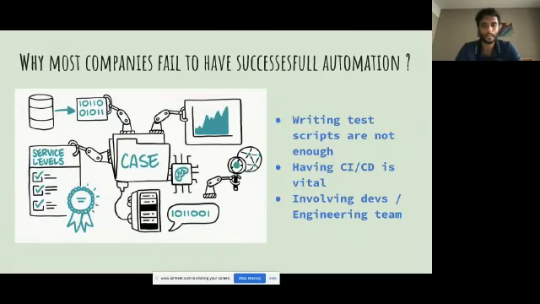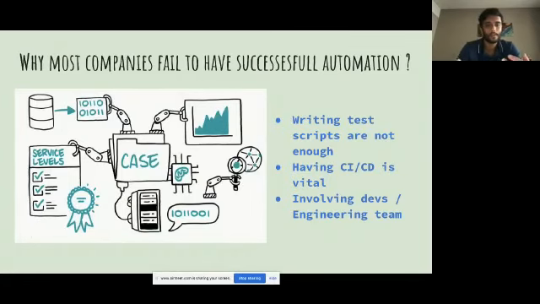This somewhat brings me to the third point, which is that you don't involve devs and the engineering team. Whenever you run things locally and are confined within your own space, you're not involving the devs or the whole engineering team.